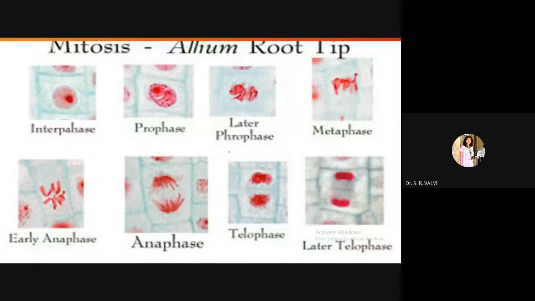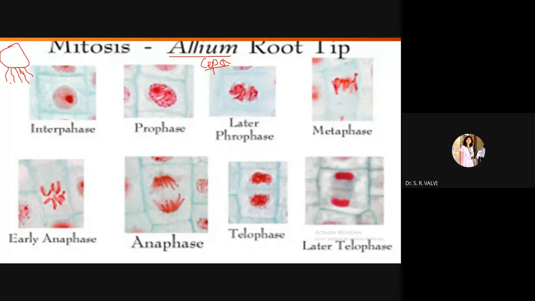Now see here, again I have placed one image, that is onion root tip, that is Allium. So as I mentioned, Allium cepa. This is the species name, right? Allium cepa. The common name is onion, right? So in practical, suppose this is the onion, just imagine this is a rough diagram, and these are the roots, right?